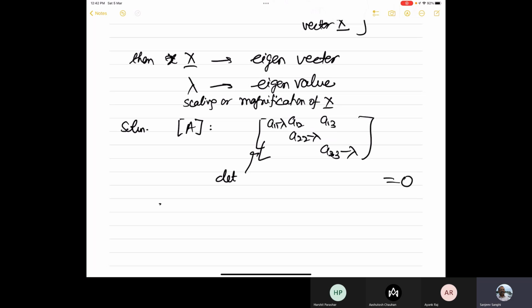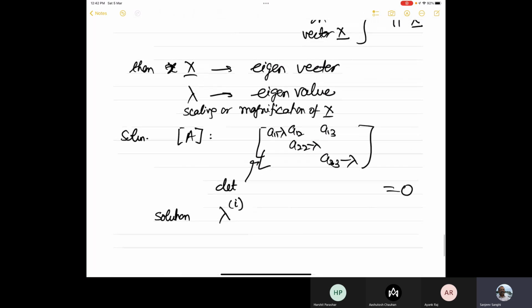And then the solution gives you lambda. If this is a 3 by 3, you will get 3 solutions. It's a cubic equation in lambda. You will get 3 lambdas. They may be same or they may be different. So this solution is what will give you the eigenvalues,